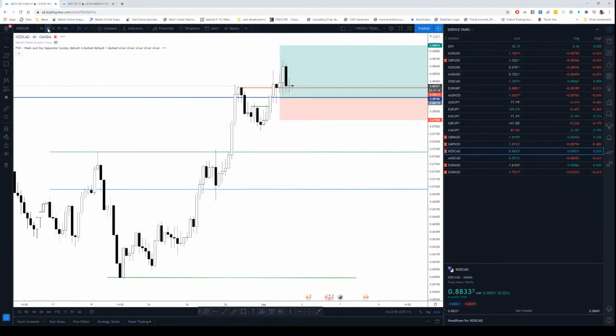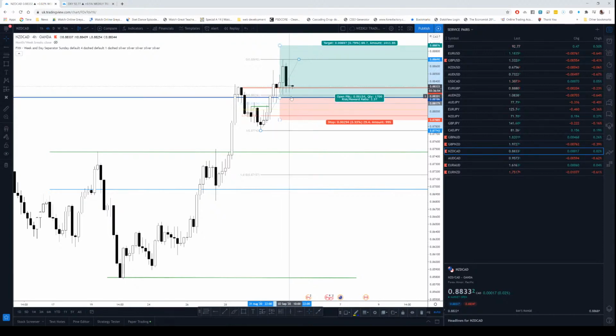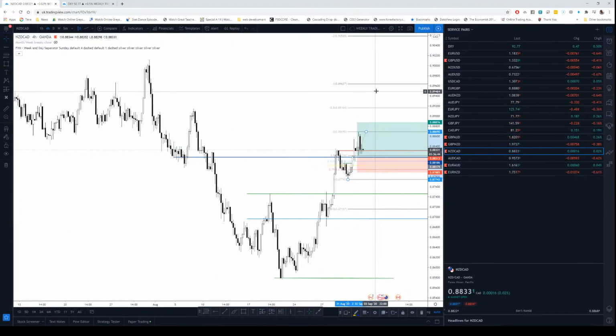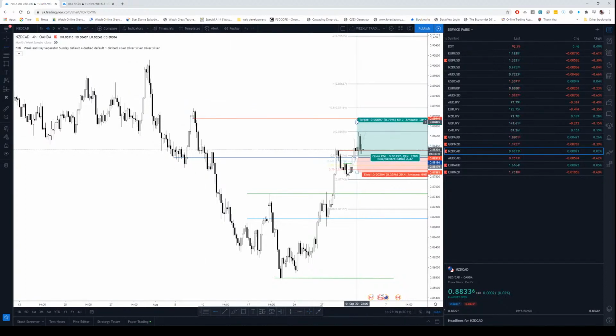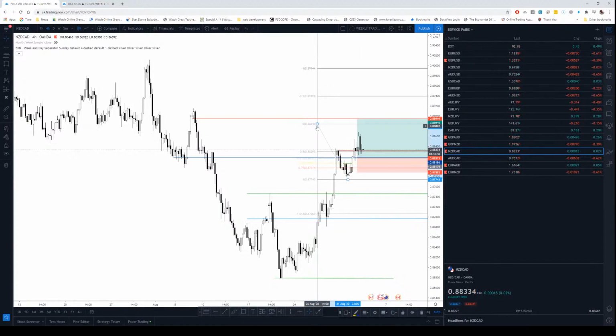I was waiting to see if price will come into that blue line and offer a buy, with a stop below here. The reason being, I want to buy below the 50%. If I buy below the 50%, my stop loss goes right down here, and then I should see price come. It's a 2-to-1, which is not bad. You can keep a piece on to see if price can come all the way to this last up candle. That's also fine as well. But the entry, what I want to see,